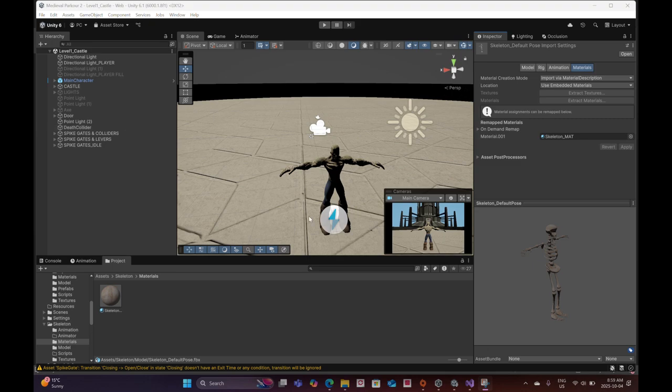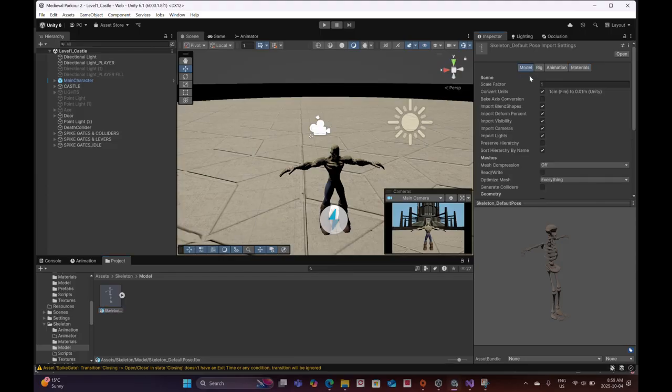Okay, so for this video I want to work on an enemy character. I've chosen to do a skeleton. I'm basically going to set it up so that it does a basic move towards player and then stops at a certain distance. So first off, I'm going to go to my models folder, grab the FBX, and I'm going to